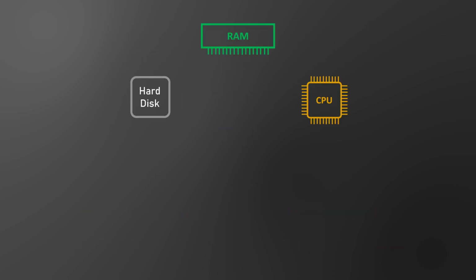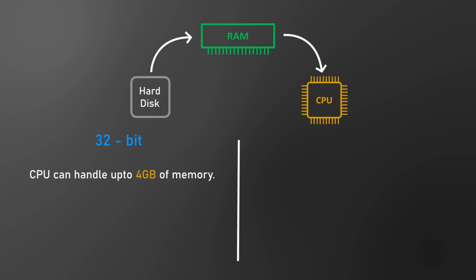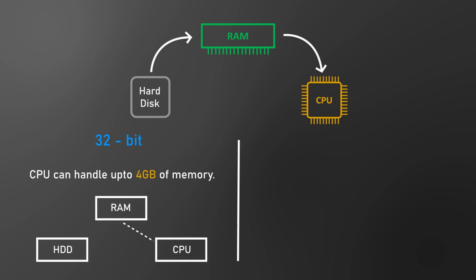Now, in order to process any data, the data is first loaded into RAM and then the data is processed by the CPU. So if your system is 32-bit, then your processor can handle only up to 4 GB of data in RAM at a time. So it may not be possible to hold all the data that the CPU needs at a time to run the computer as fast as it can. And it may happen that the extra data which could not be loaded into the RAM, the CPU has to do extra work by accessing from the slower hard drive, which eventually slows down the performance of the computer.